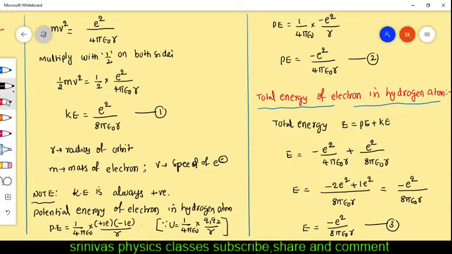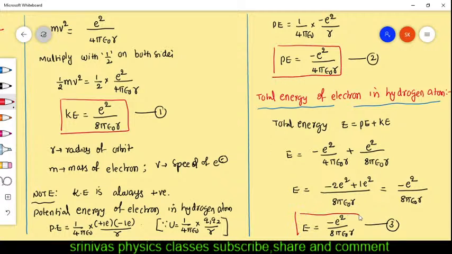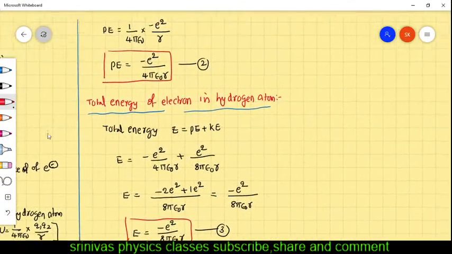Here we derived the kinetic energy formula, here the potential energy formula, and here the total energy formula. But the total energy you got is negative. What is the meaning of that? Total energy being negative indicates that